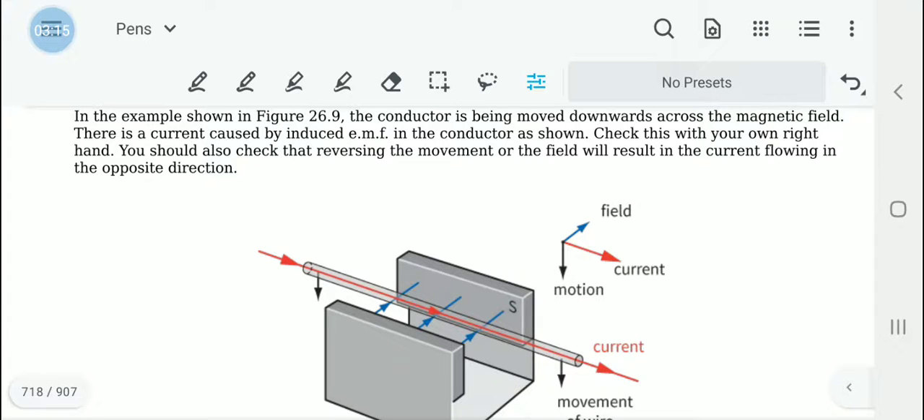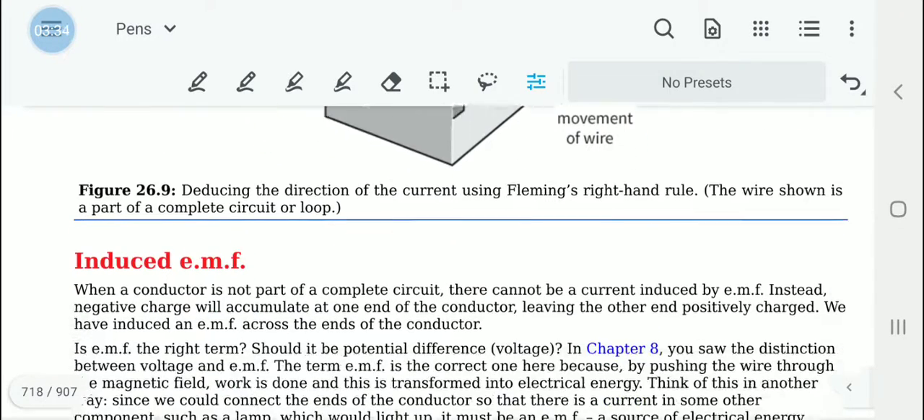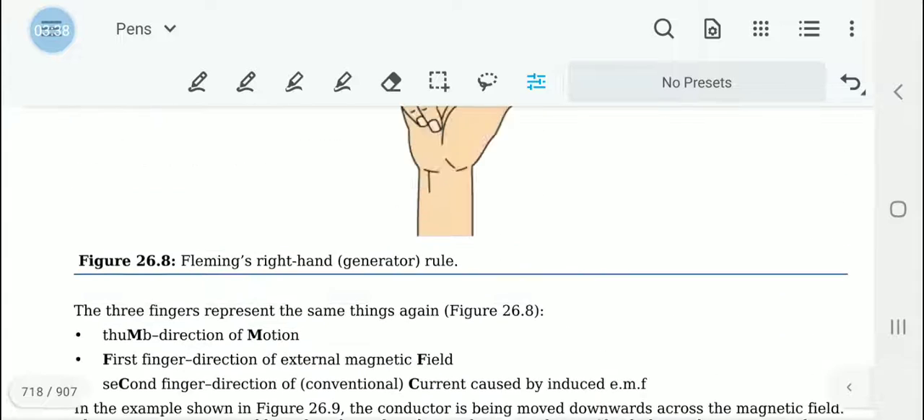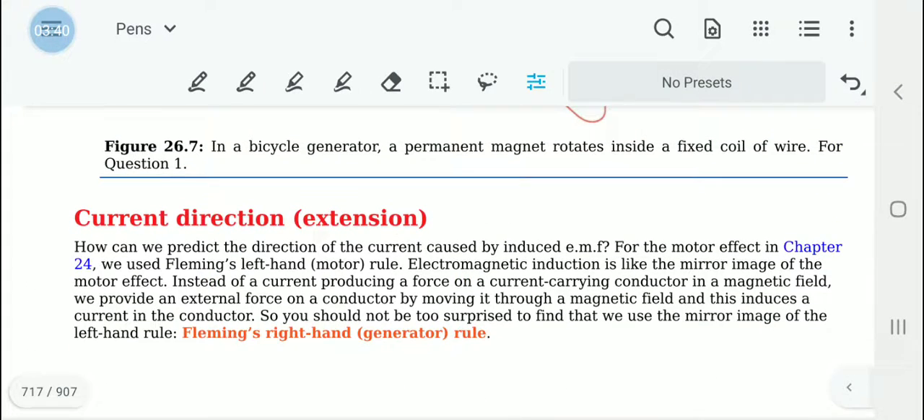So you can figure out one of the three if two of them are given. You can find out the direction of the current if the field and the motion are given, or one of the three can be found if the other two are given. Then we go to induced EMF, but before that let's write down this note: